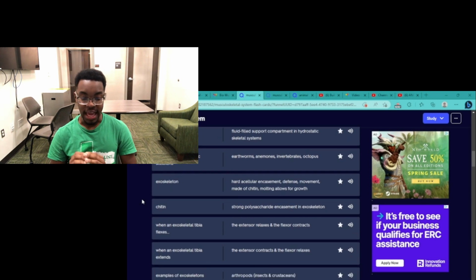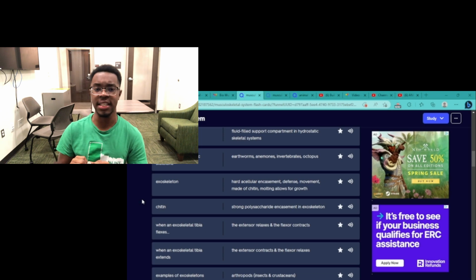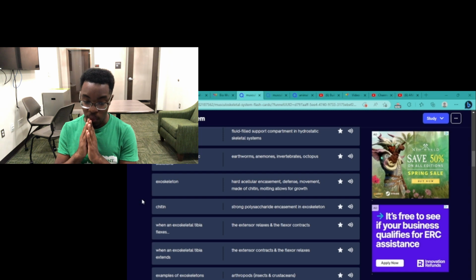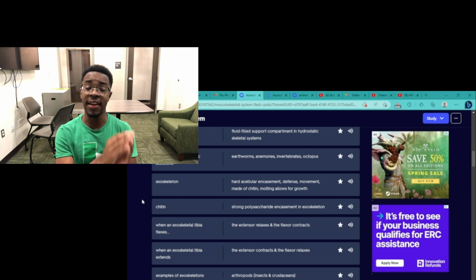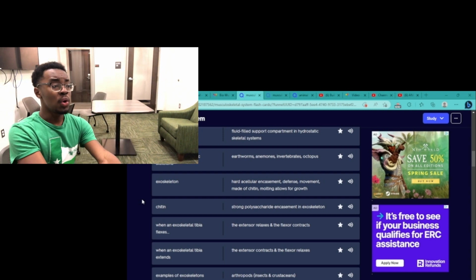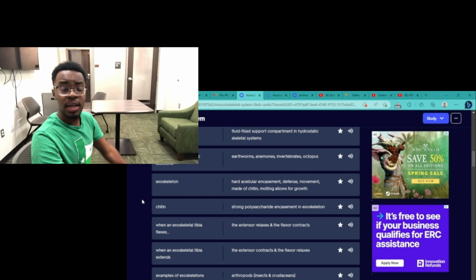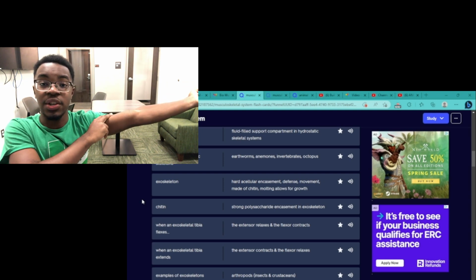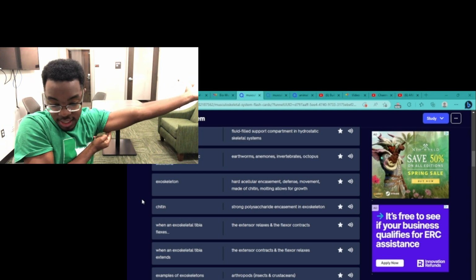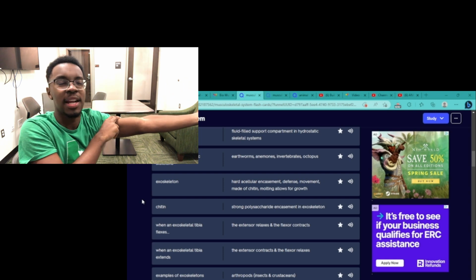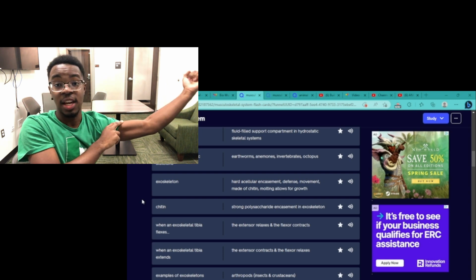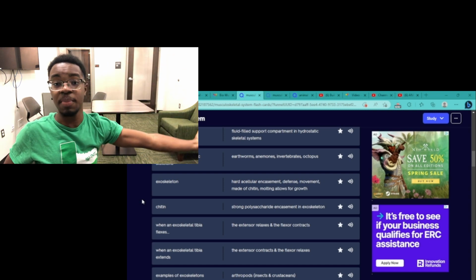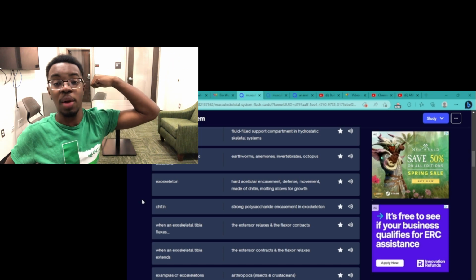And so, when an exoskeletal tibia flexes, hey, what's a tibia? Tibia, Google it. The extensor is going to relax and the flexor contracts. So you don't have to picture a bug. Take my arm, look, this right here, my bicep is known as a flexor. And this right here, my tricep, is known as an extensor. Wait, am I saying that right? So if I flex, look at my bicep. It's slowly getting bigger. And look, when I extend my arm, my tricep,